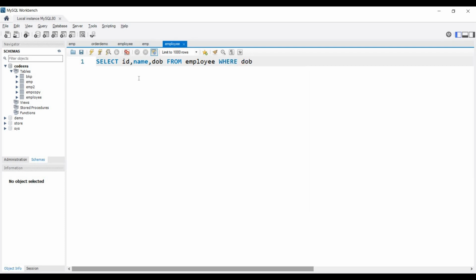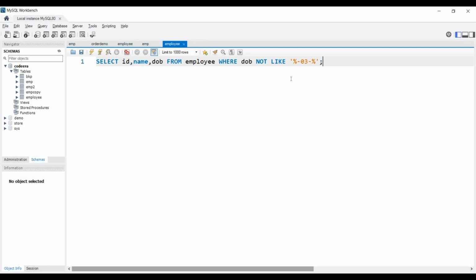After that we will write not like, and then we will write our search pattern. So we will write %-03%, and then semicolon.